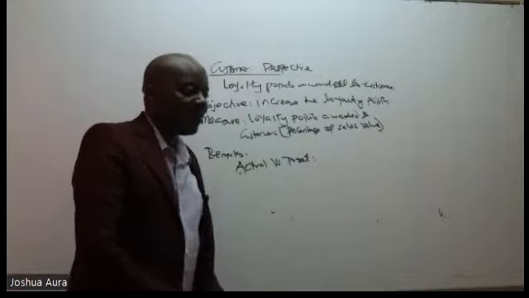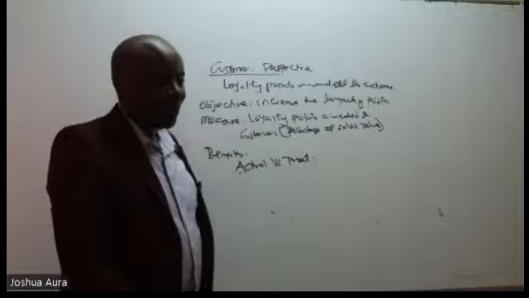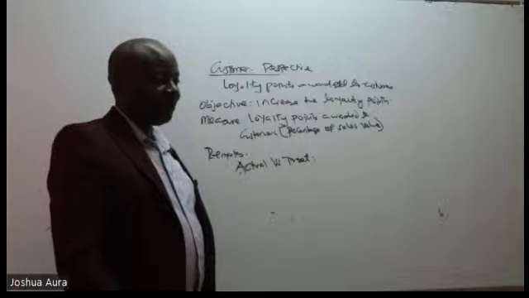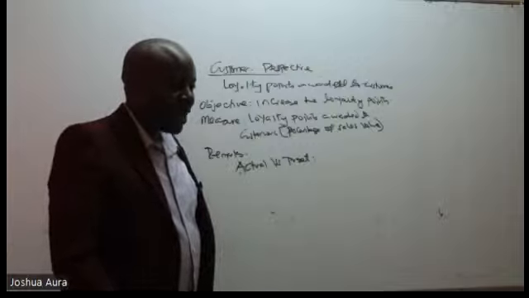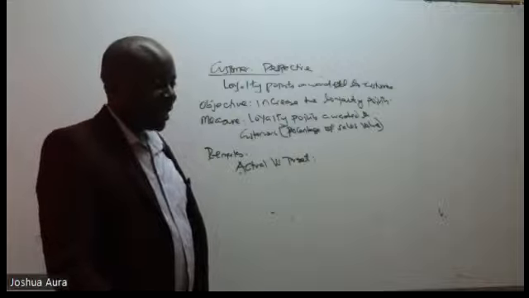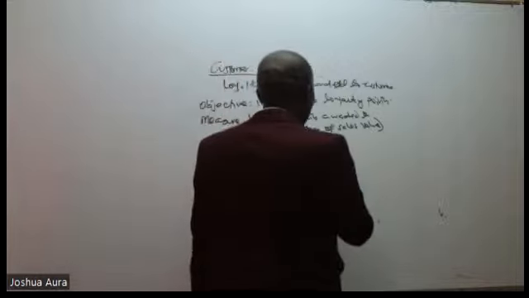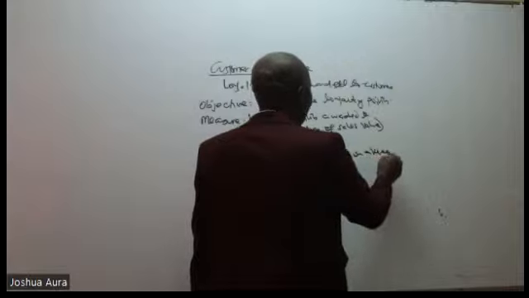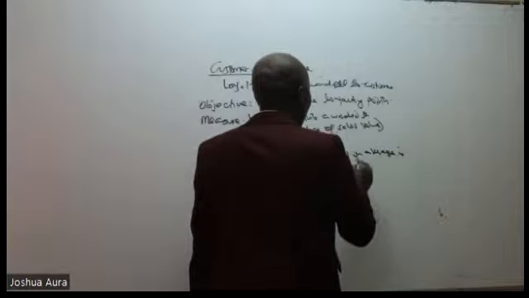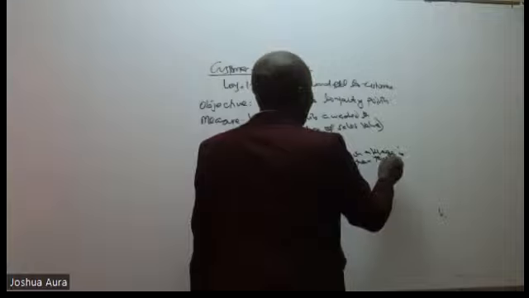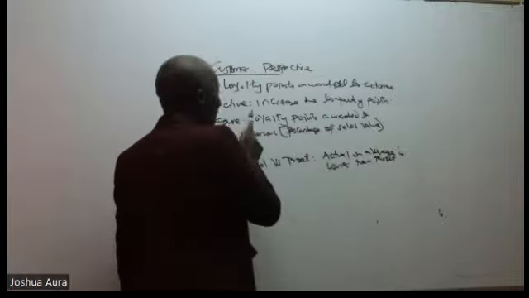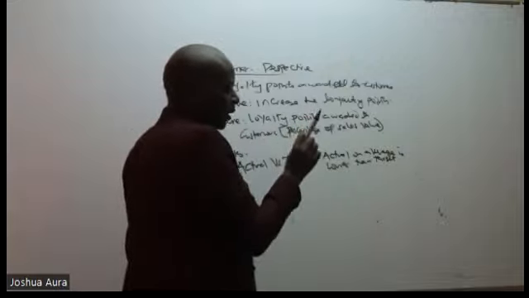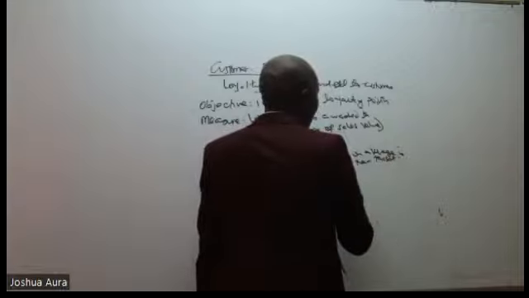Yes. So actual is consistently lower than the target. Thank you very much. So in this case here, what is telling us that actual on average is lower than target. And yet we said that we expected the objective to be met, we expected it to be increasing the loyalty points, right? So therefore, poor performance.